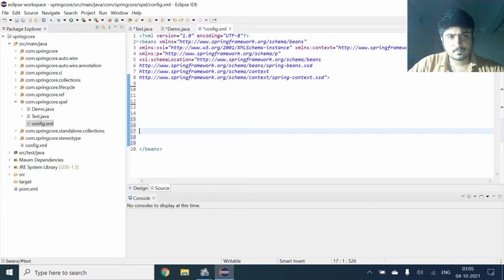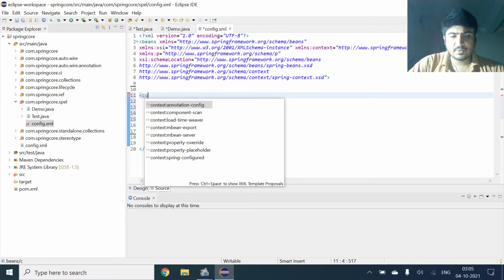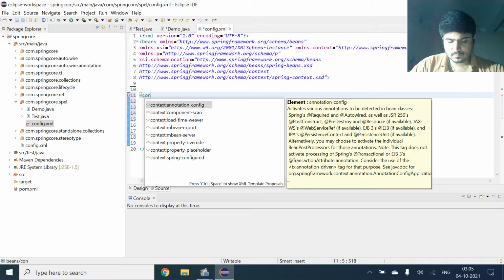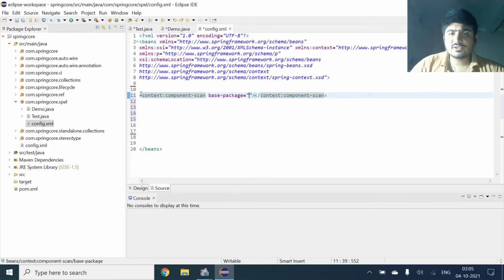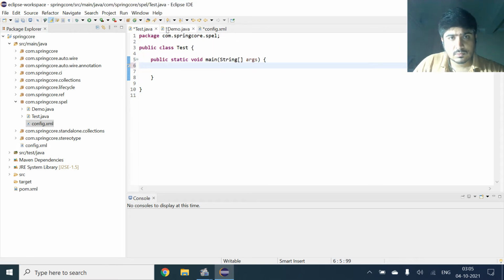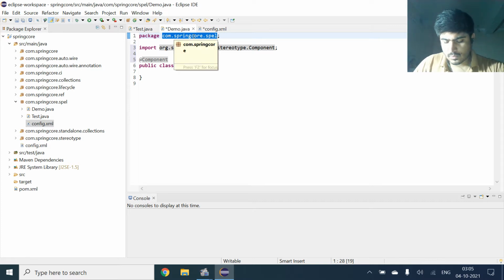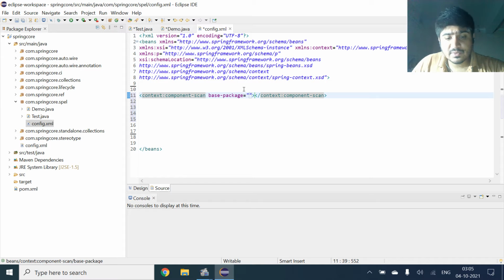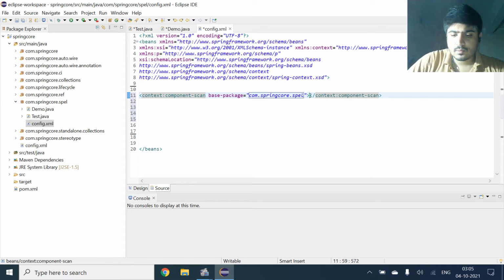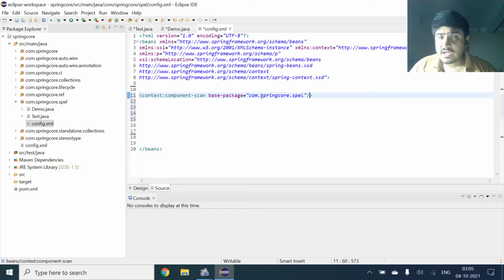We will prepare the context here, with component scan, and here we provide the package name and paste it. Now it will simply scan this package and create the object.